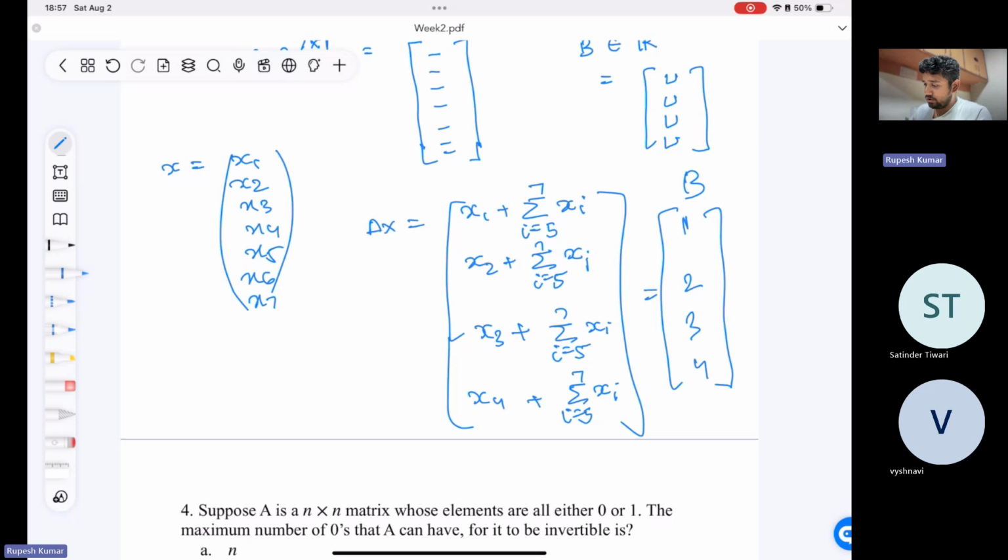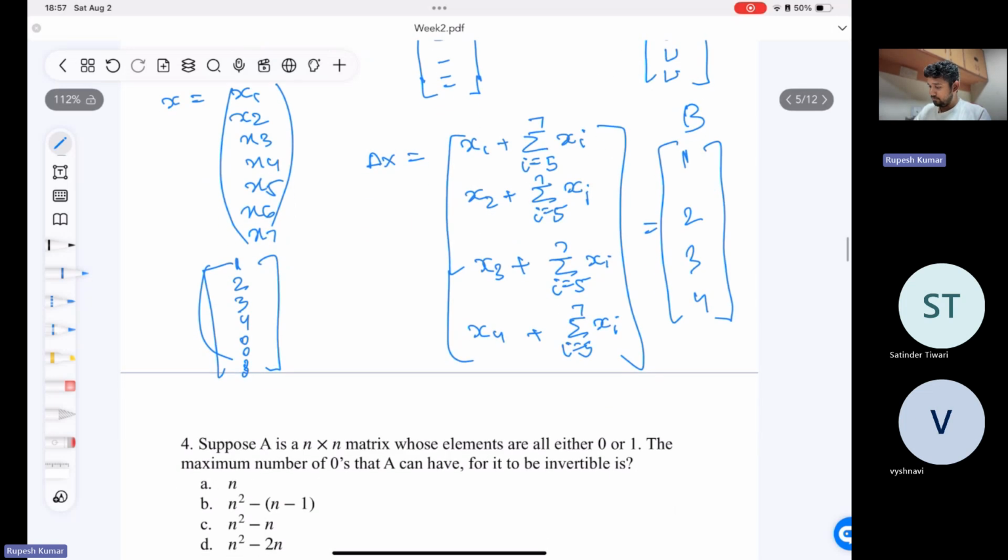So we can choose x1 equals 1 and all other xi's from 5 to 7 to be 0. So you can always choose this as 1, 2, 3, 4 and zeros, right? You can always choose this possibility, or you can have some other possibilities where,